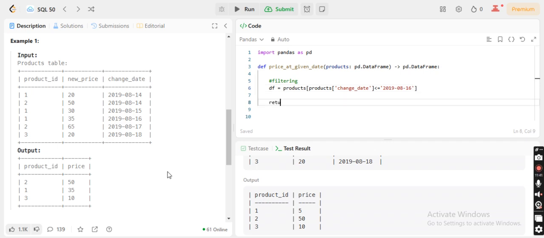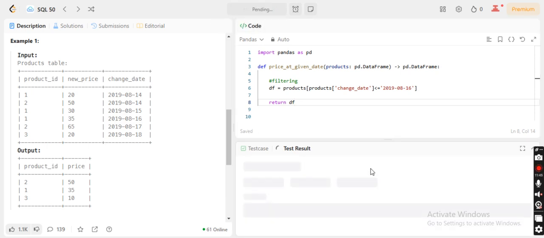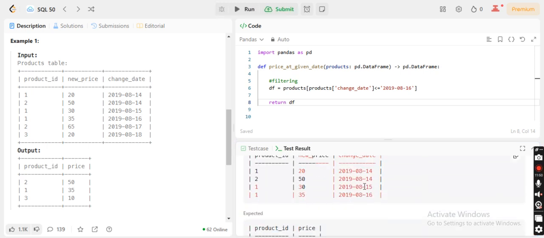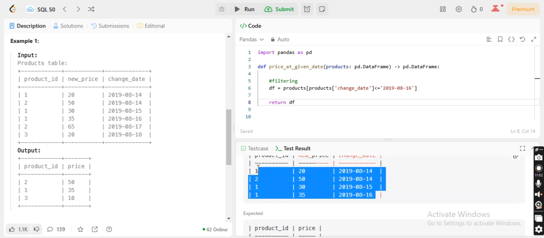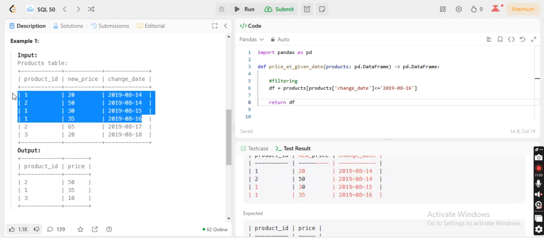Okay. Now return the df. So when you return the df, right, you are actually getting this part. And this part, your first window. Pretty clear with everyone, I hope,